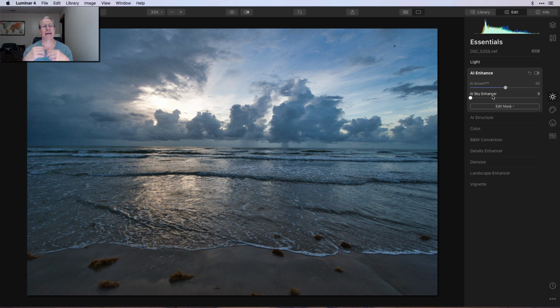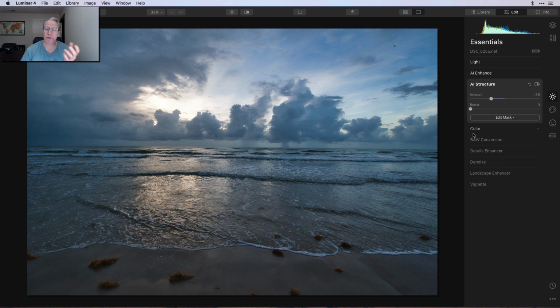So now I feel like I'm ready to start editing. The next thing up is AI structure. And in this case, I went negative, and you've seen me do this plenty of times. That's just because I like water and skies to be a little bit softer. In this case, you have rolling waves. It's not a long exposure, so I don't want to super soften it, but I did want to soften it